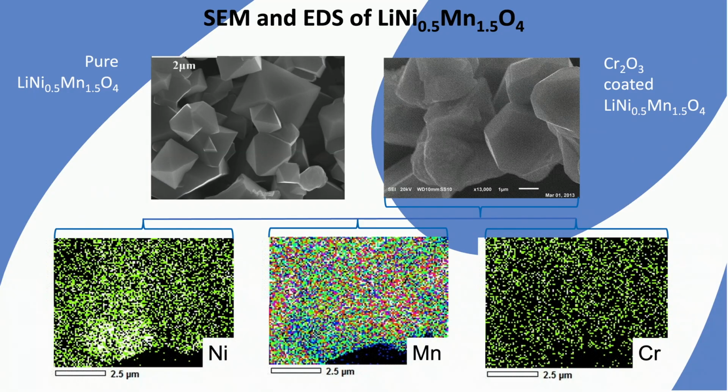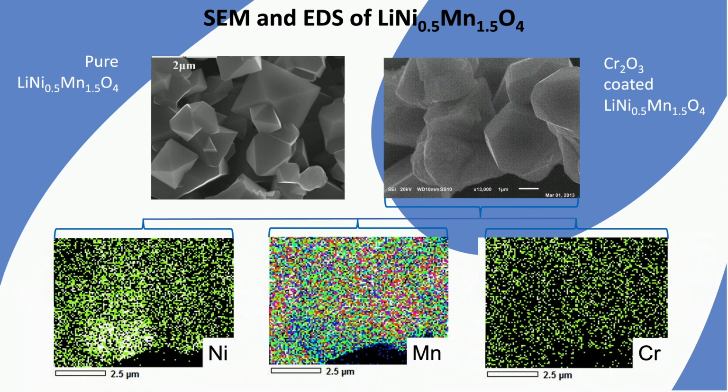Here we see a potential cathode material, lithium nickel manganese oxide. Two powders are viewed under the scanning electron microscope. One powder with and one without the coating of chromium oxide. The sizes of these nice crystalline particles are about 1 to 5 micrometer. The picture on the right hand side clearly shows a blurry coverage, indicating the coating.